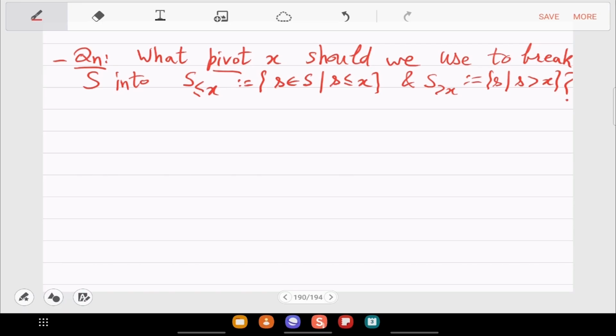Since I've already declared that we want to do something like quicksort, the recurrence has to be of the type which we discussed in the previous slide, and the pivot has to divide S into 2 parts and give you the recurrence you want.